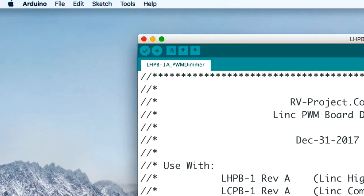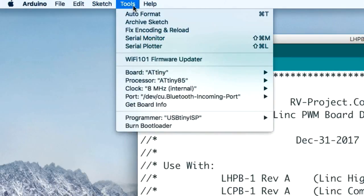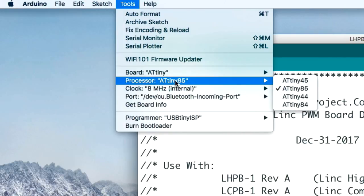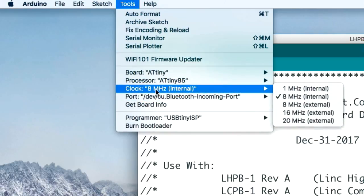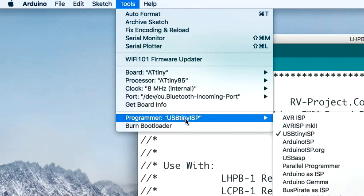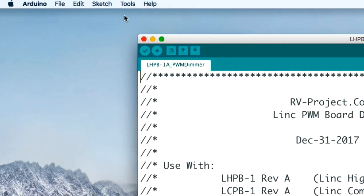And once we've connected the computer to the programmer, we want to go to Tools, and we want to go to Board ATtiny. We want to make sure it shows ATtiny. Under Processor, we want to make sure it's ATtiny85. Under the clock, we want to make sure it says 8 megahertz internal. So then we go back to Tools, and we want to change this to Arduino as ISP,